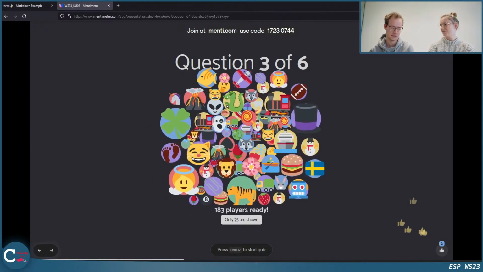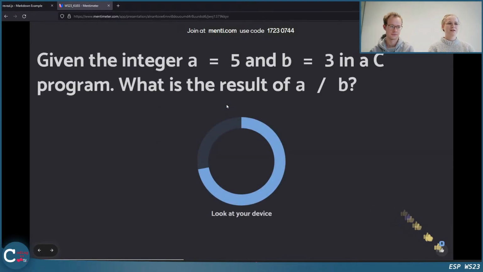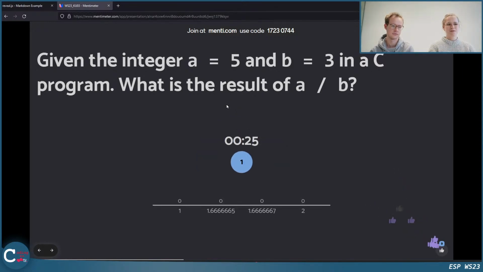Okay, and I think that's the last question for the recap. So we have an integer a and an integer b. What is the result for a divided by b? We talked a lot, I think, about numbers in the last stream. Maybe that's the hardest question. I tried to make them more and more difficult.